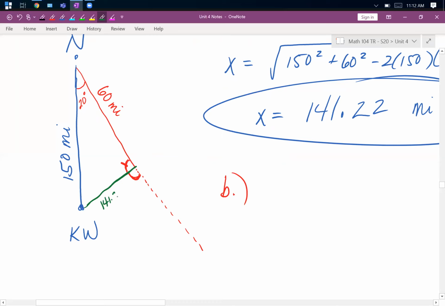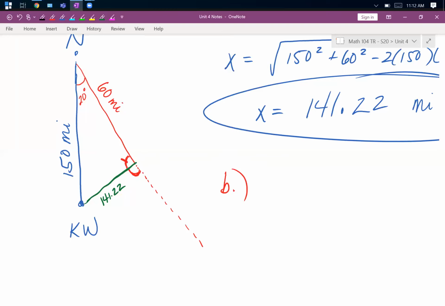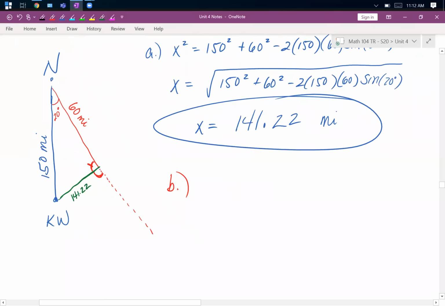We established this is 141.22. Again, 3 sides and an angle. I'm going to use law of cosines. We could use law of sines, but then we have to watch out for the ambiguous case and all that. So I would be inclined to use law of cosines instead. We always want to start with the side across from the angle we're dealing with. 150 squared equals 60 squared plus 141.22 squared minus 2 times 60 times